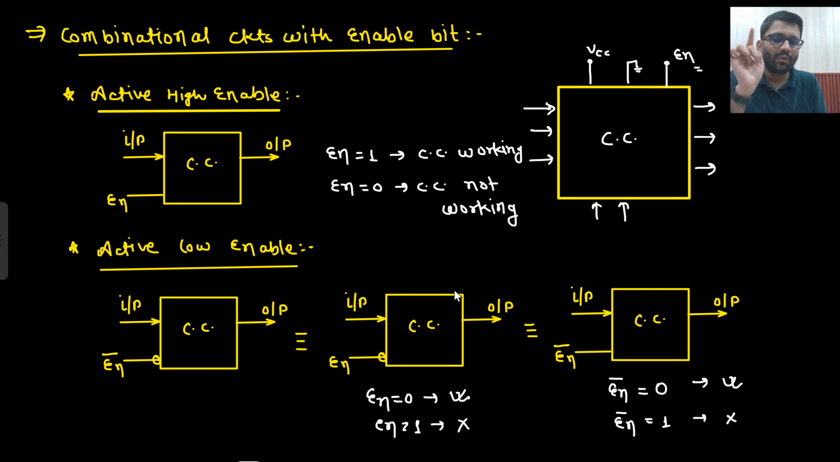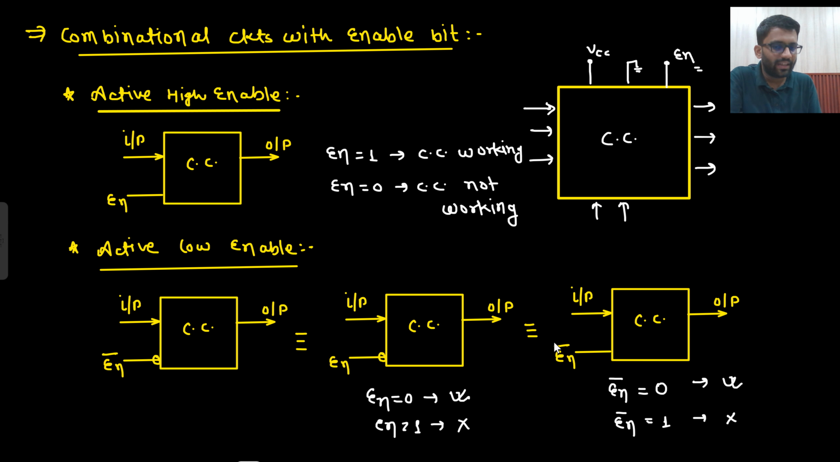It is written, it is active low enable. Now people get confused that, sir, here a bar is there and here one more bubble is there, so I can cancel out both of them. No, you do not cancel out actually. This is a way of representing. If one of them is having a bar, or there is a bubble,